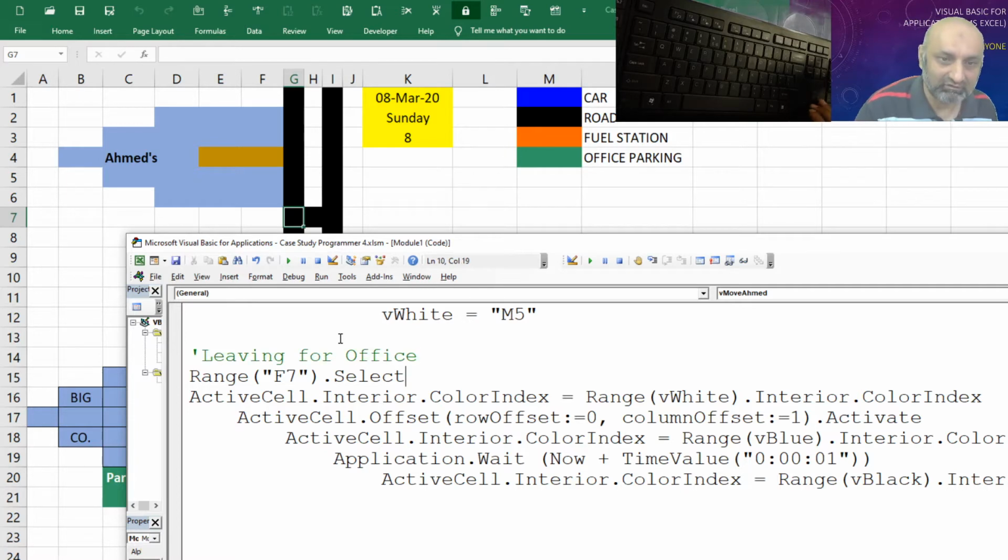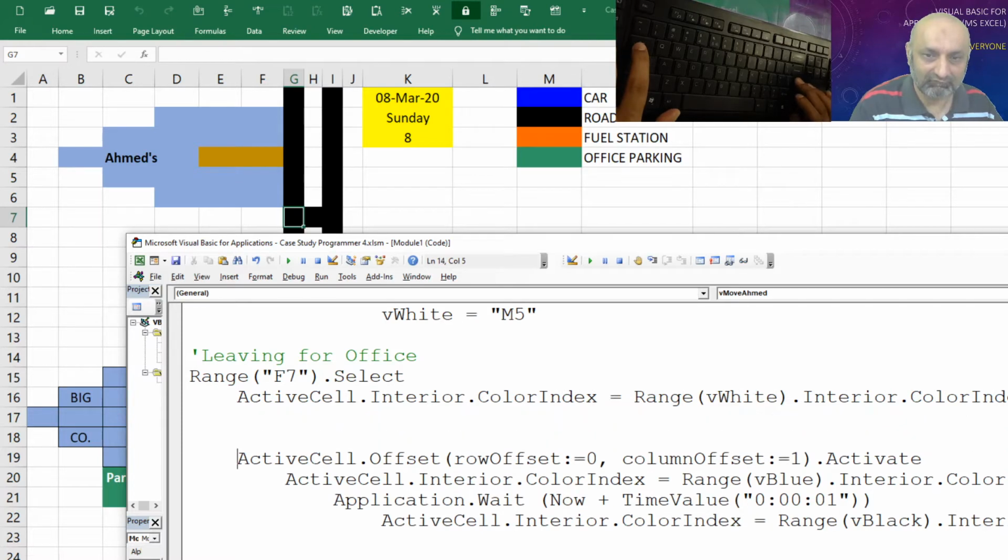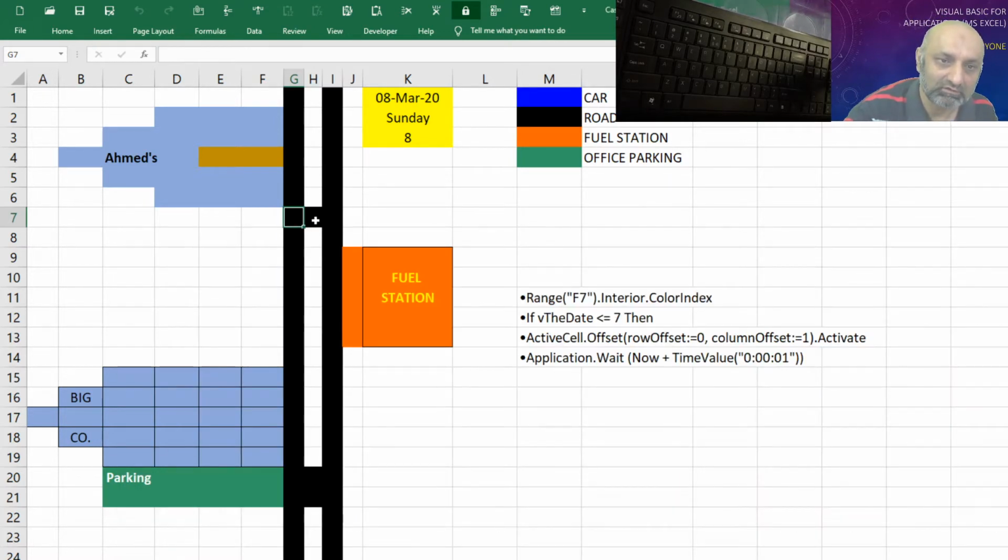So we started leaving from office, range F7, we change the color, and after changing the color, we offset to the right. So we need to offset to the right 1, 2, and 3 times. We started from here, 1 right, 2 right, 3 right. So 3 times we need to move to the right.